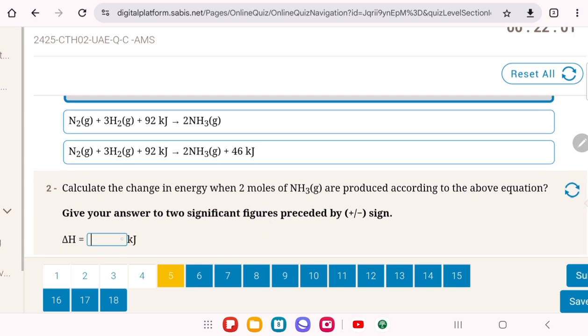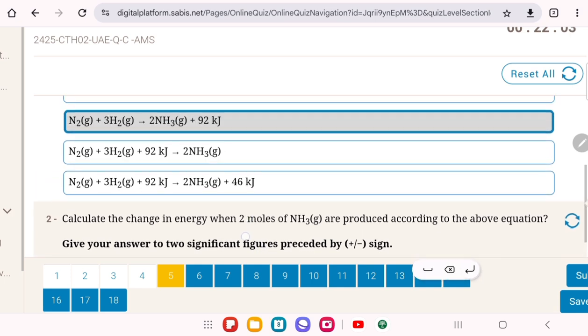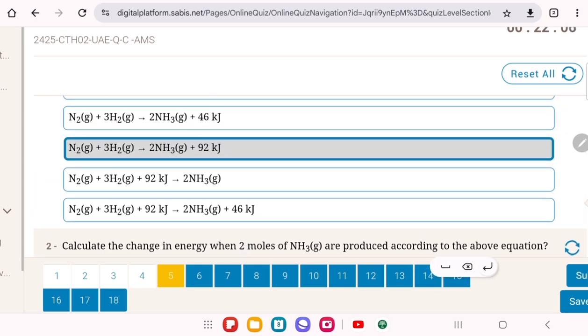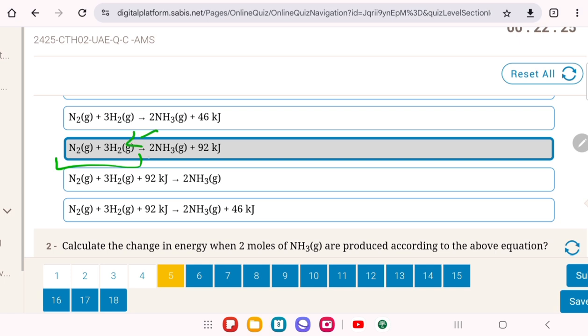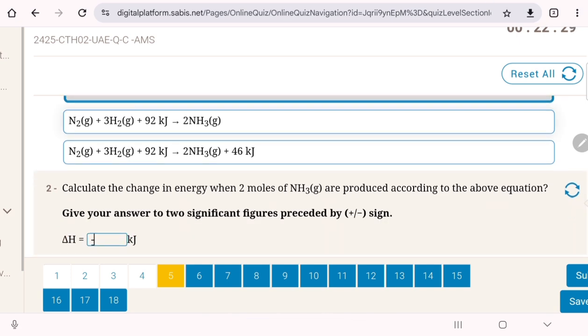So what we basically have to do is put how we got the plus 92. In fact, it's minus 92 because it is on which side? Always, if it is on the product side, then the energy is minus 92, for example. But if it is on the reactant side, then it is plus 92. Because here, in the reactants, you gain heat, and here you lose the heat. So it is negative 92